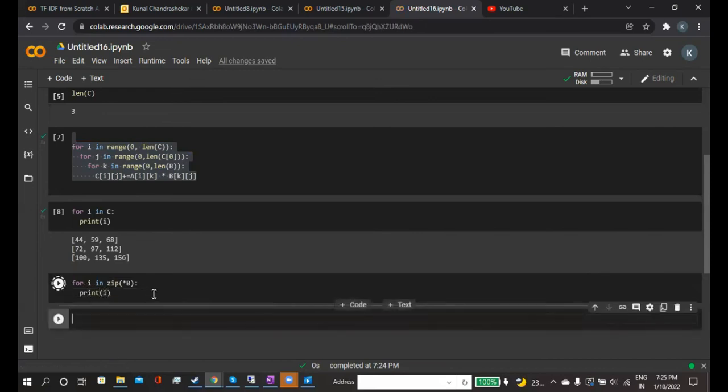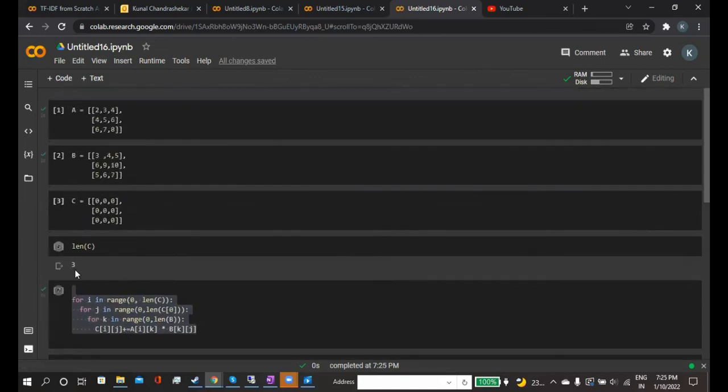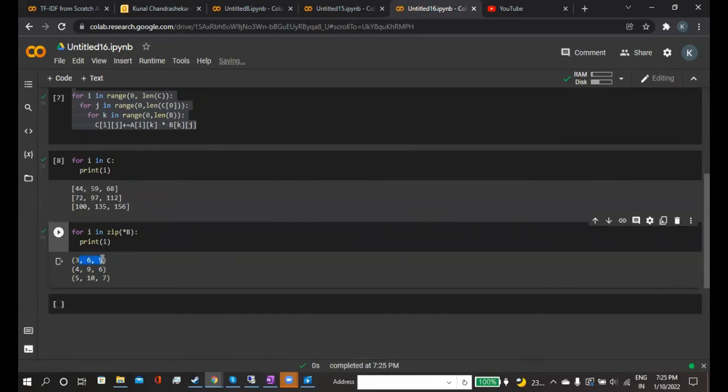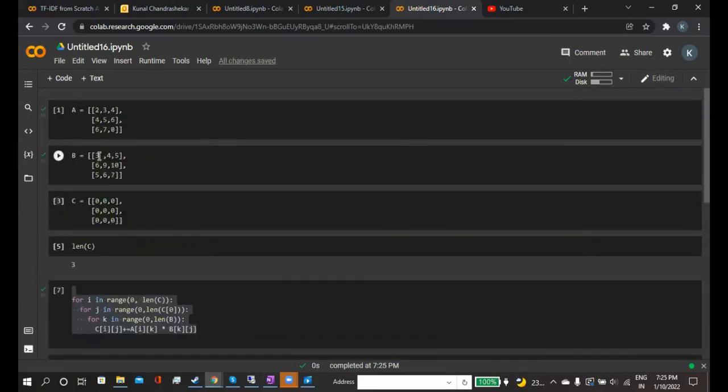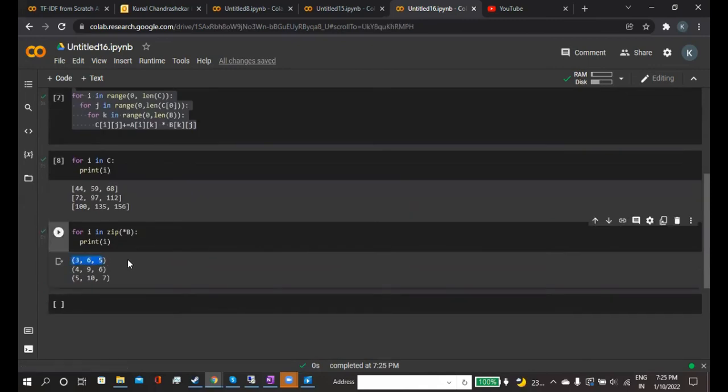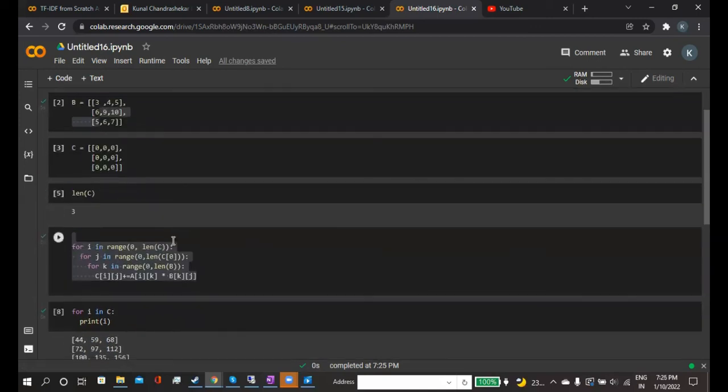So here you can see 3, 6, 5 comes as a row, but here it is a column. So the column is converted into a row. It just transposes that particular matrix. So this is the functionality of zip star B. We will use this zip star B to do the multiplication.